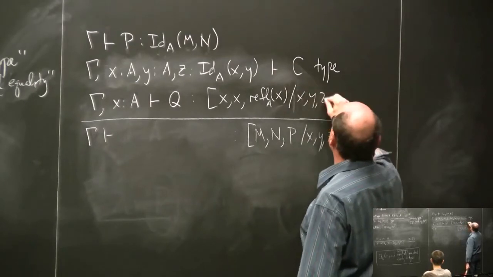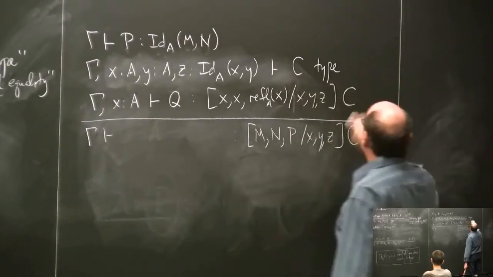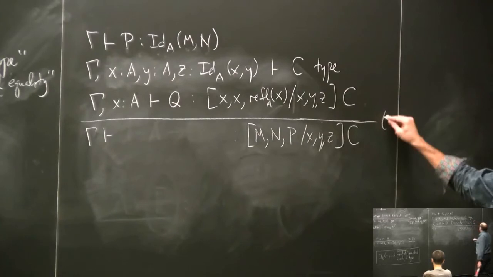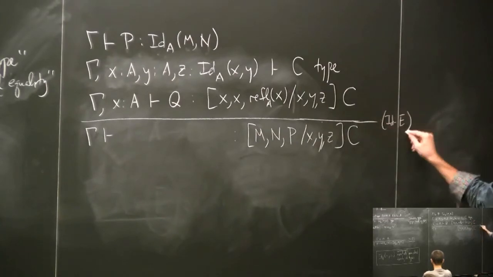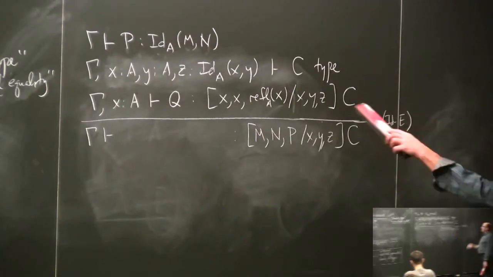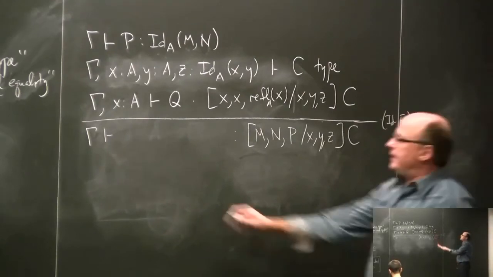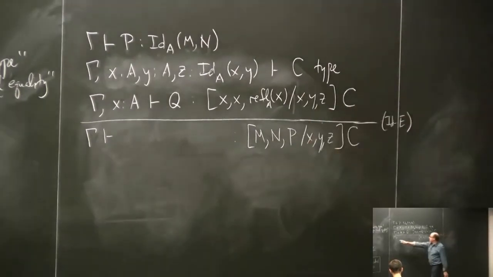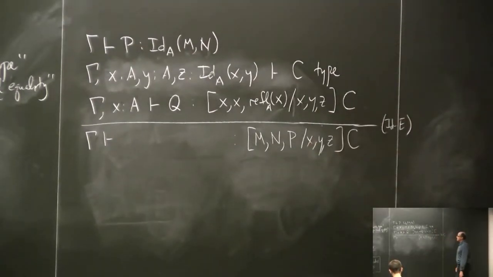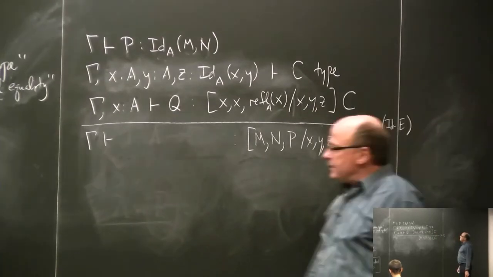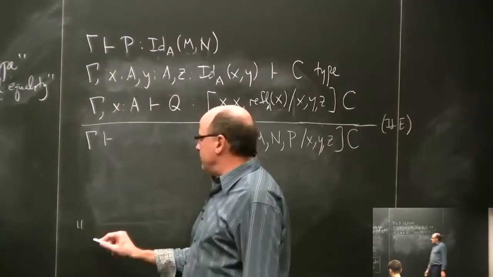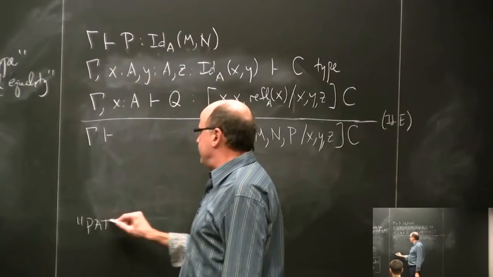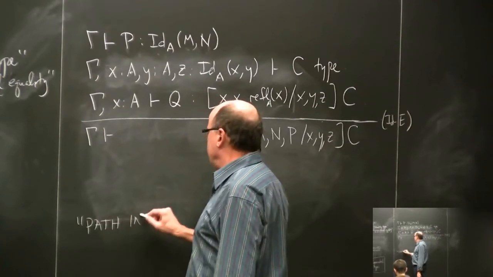For XYZ, I called it C, and this is the id-elim rule. I'm going to work with this for a minute. Okay, so this is the sufficient data, and then I'm going to plug in what this thing is. The idea is that, for reasons that will become more apparent later, this principle is called path induction,